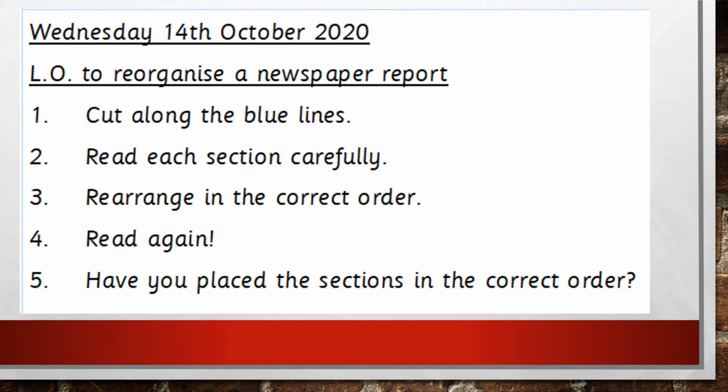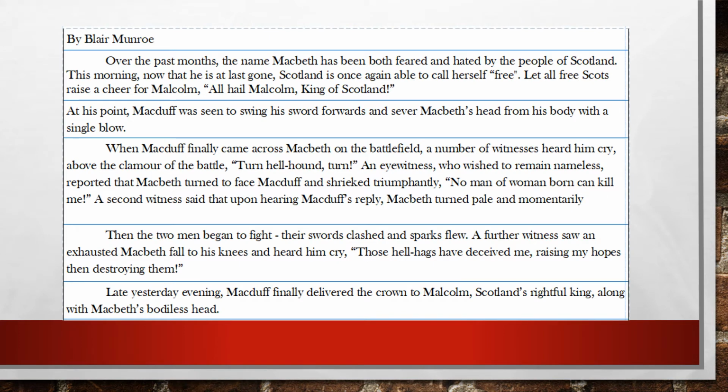So, this next slide, some of the text. Okay, but it's all in the wrong order. What you've got to do is read it. You're going to read it very carefully. Can you see any on there that could potentially be the headline? I know I can't see one, but I have seen, you look at this last bit here.